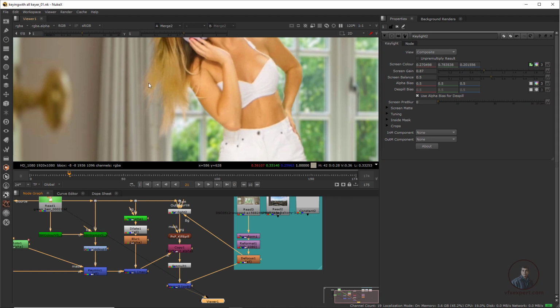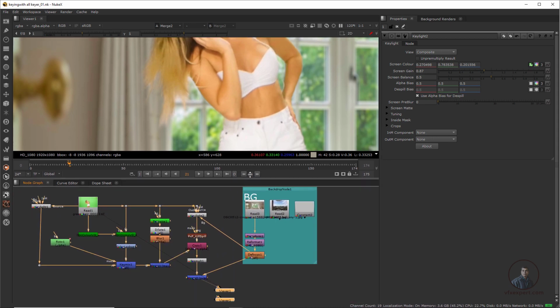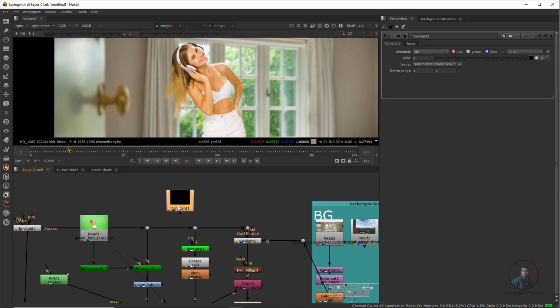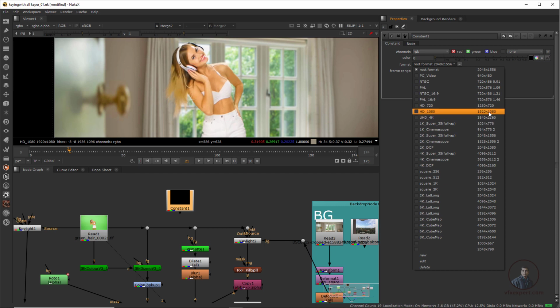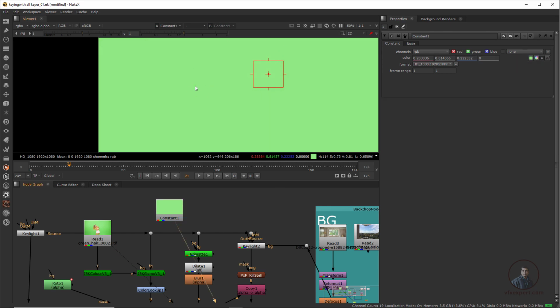So finally, I am going to recover any remaining details. For this, what we have to do finally is adjust our flow a little bit so we can easily understand. We have to take a Constant node, press Tab and type Constant, then set the size to 1920 by 1080 according to our footage. Then select our footage, press 1, and pick this average green color here, then hold Ctrl Alt Shift and pick. Then double click on the Constant, select the samples and place it here. So now I have created a constant with our average green color.